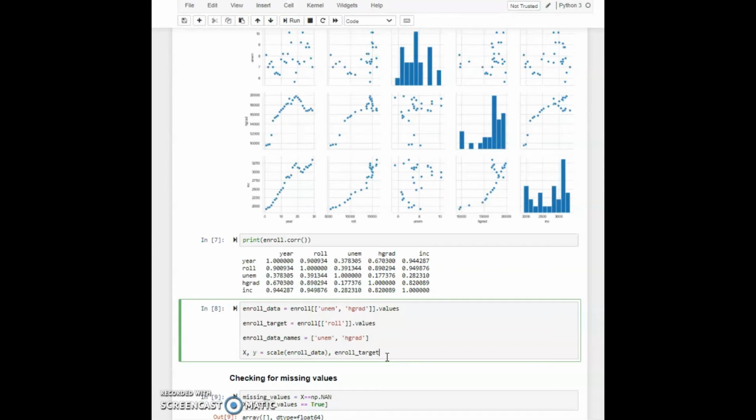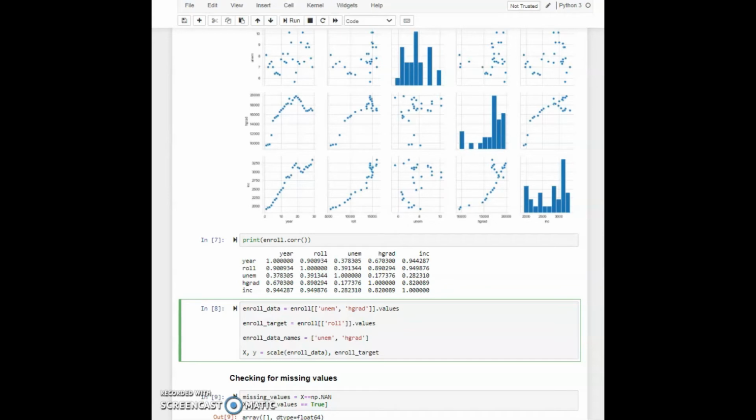And of these we only want the values, so we'll call .values. And then let's also set a target here, so we'll call that enroll_target, and we'll set that equal to our enroll data frame, but we only want to select the role variable here, and we'll say .values. And then let's set some names for our data.